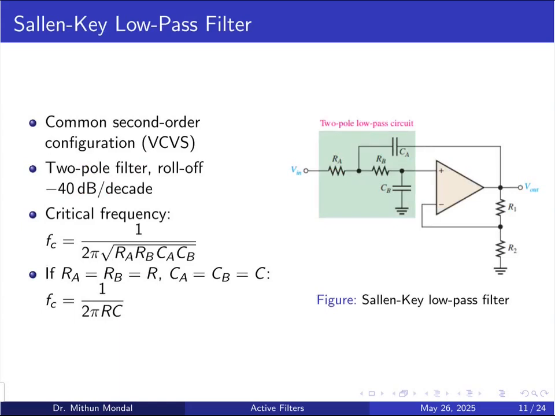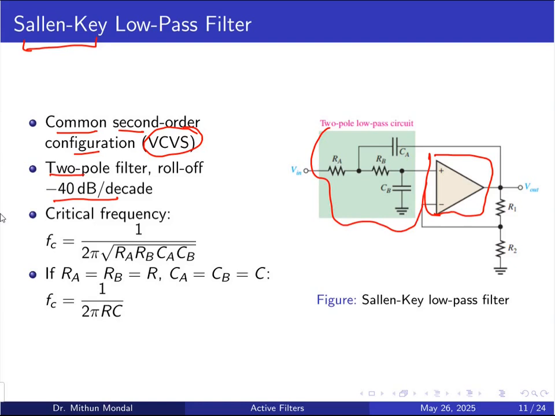Now, there is a term which is known as Sallen-Key in the filter configurations. So these are basically common second order configurations, and these are voltage controlled voltage sources. So Sallen-Key is important when we discuss the two pole filter, and the rolling off will be minus 40 decibel per decade. So here again you can see this is the active circuit which is having a filter, the op amp, and the input we are basically connecting with an RC network, and the feedback we are giving with